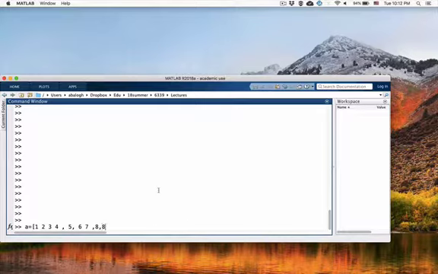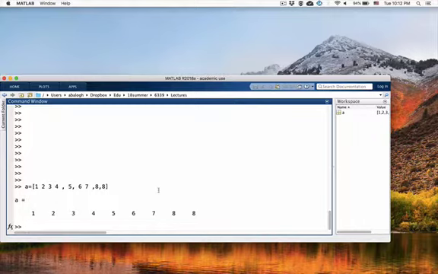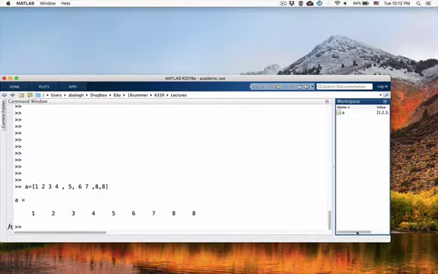It doesn't matter. And then you close the vector with the bracket. Then with enter, it shows you the result. Also in the workspace, it tells you that you have a new variable, and it shows the values, at least